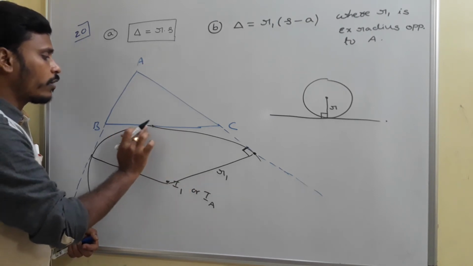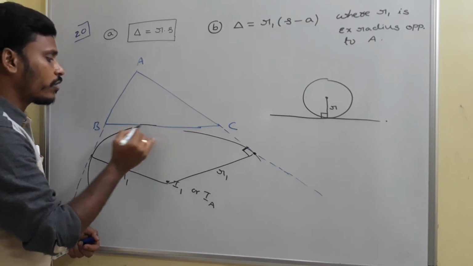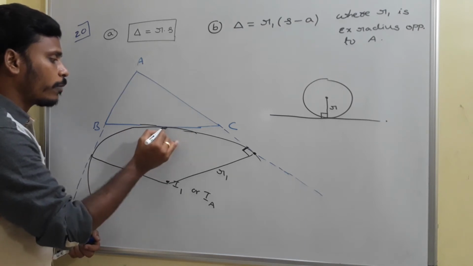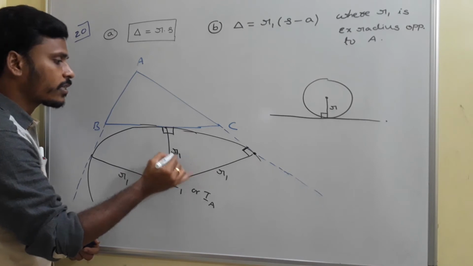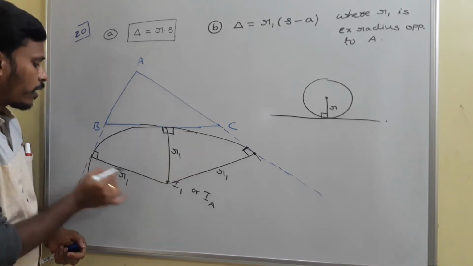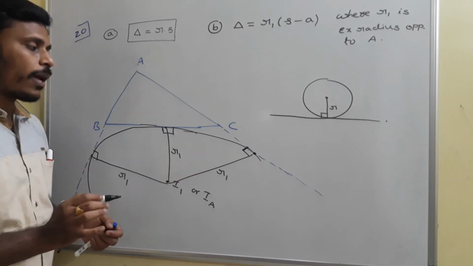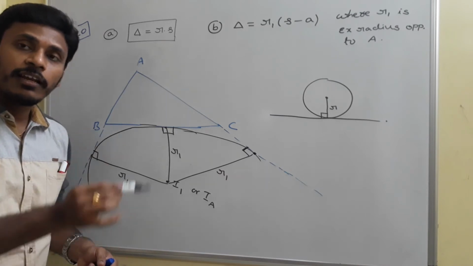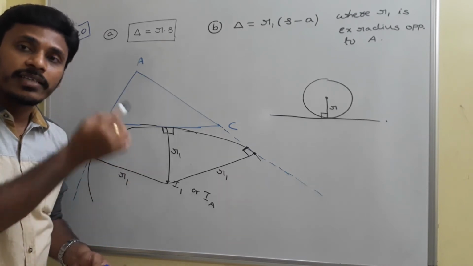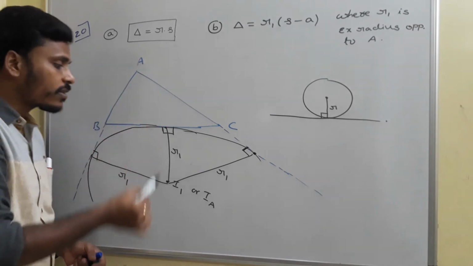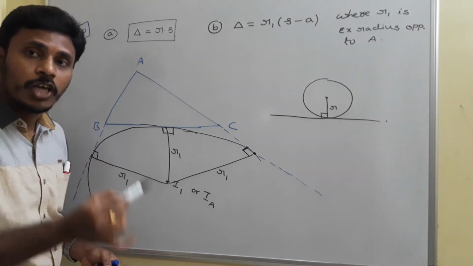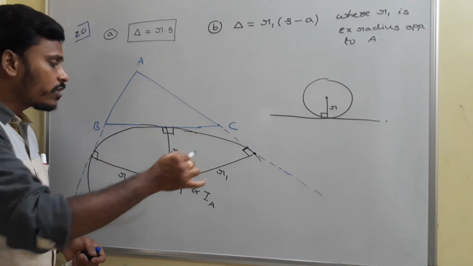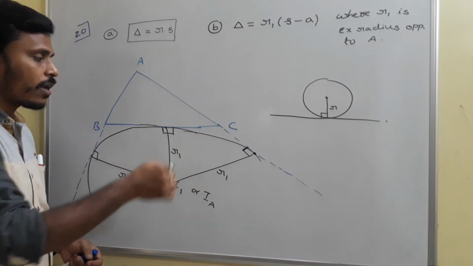Okay, so for convenience, I am just adjusting the diagram. And this also makes a perpendicular, you just take it as R1. So here also it is perpendicular, you just take it as R1. So what I am mentioning is, there is a circle which touches the three sides of the triangle externally, opposite to vertex A, and that circle is the excircle, and its center is the excenter I1 (I A), and its radius is R1, which is equidistant from the three sides, and I am marking it like that.